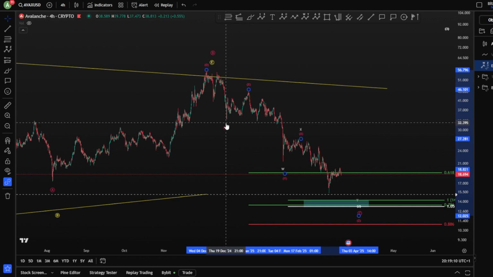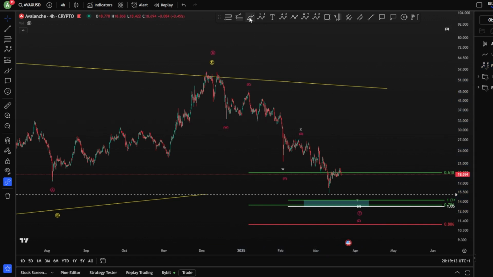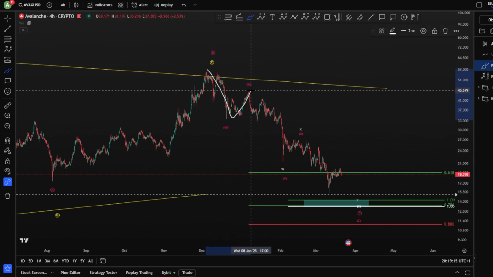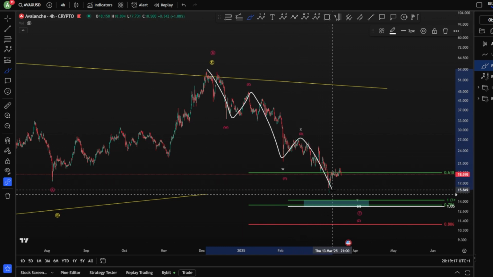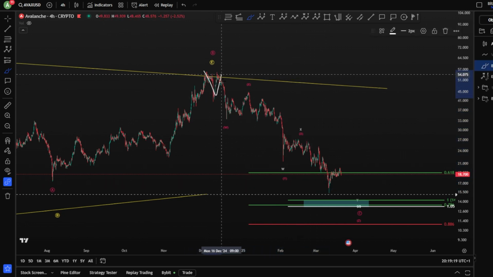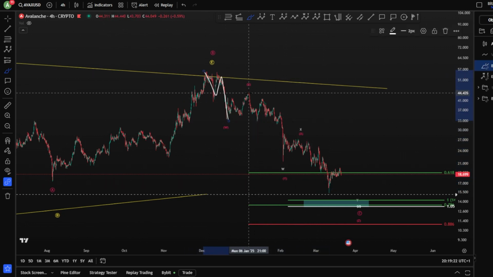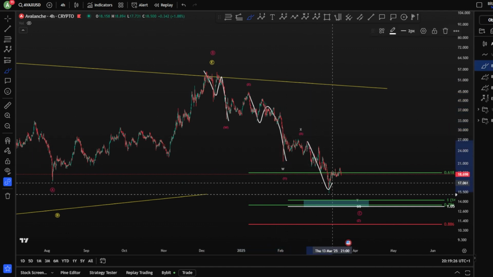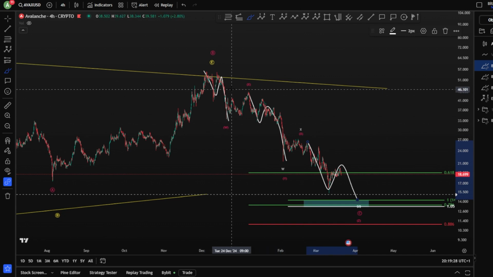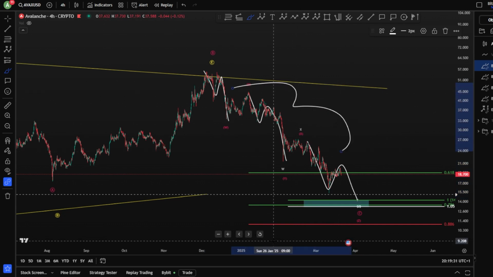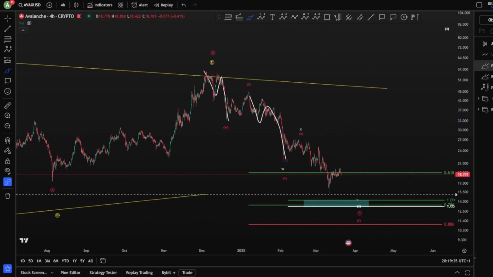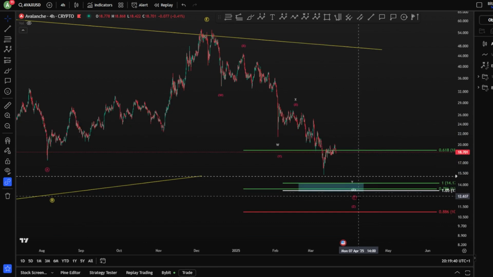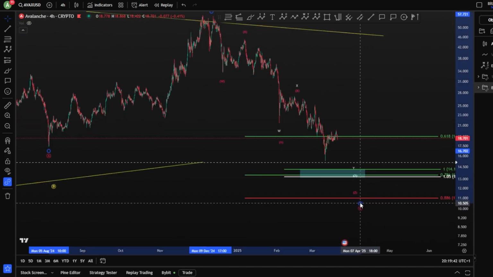So both case scenarios work, like WXY or WXYXZ, but the difference with this one is that the waves look much more equal. The W is equal to the Y here and equal potentially to the Z. Yeah? Even if we get a Z here, something like this, those match perfectly, right? So this is what we're talking about. It's a very rare case scenario, the WXYXZ. The most rare, the most complex and very rare case scenario,